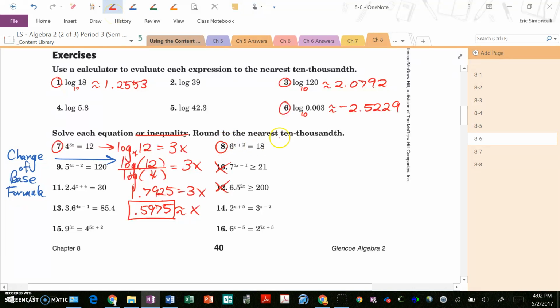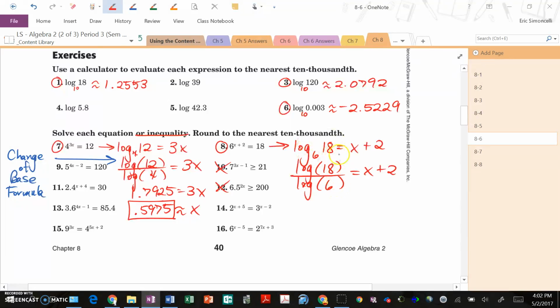In number 8, we'll do the same thing, rewriting the equation as such: log base 6 of 18 equals x plus 2. Again, if I apply the change of base formula, we'll have the log of something divided by the log of something, and that still equals x plus 2. Using the change of base, the numerator is what I'm initially taking the log of, and I divide that by the log of the base. So 2 separate logs as opposed to 1. If we type this in, log of 18 separately, and then divide that by log of 6 separately, we'll end up with